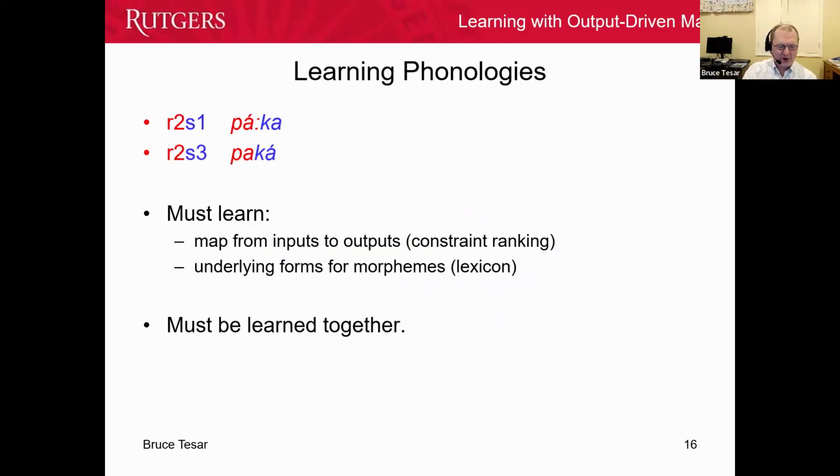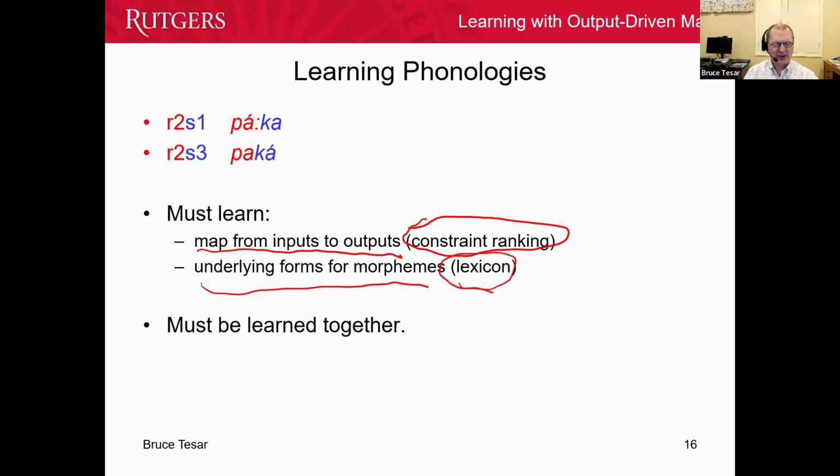So what does the learner have to learn? Well, they have to learn the map from inputs to outputs, which for us formally is the ranking of the constraints. And they have to learn the underlying forms for the morphemes, what we would call the lexicon. So what the learner actually hears are these outputs. Word R2S1, well, R2S1 sounds like this. Word R2S3, well, R2S3 sounds like this. In the first one, R2 is stressed and long, and in the second one, R2 is unstressed and short. And the learner has to figure out